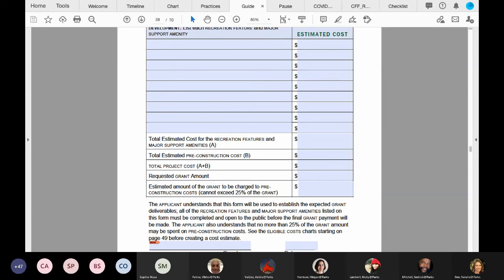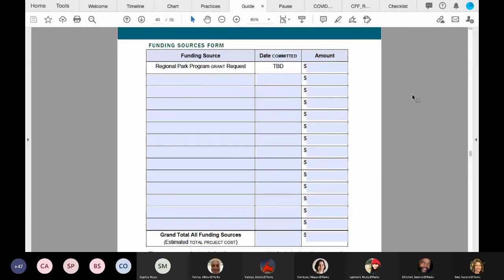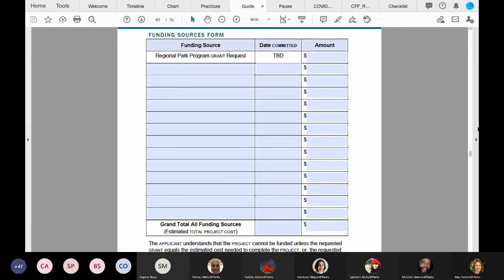If your total project cost is $10 million, we're looking at what recreation features and major support amenities will be either constructed or renovated as part of your project on this form to add up to the total project cost. And within that, how much are you asking from this grant request? And then Sam, if you could turn forward 2 more pages, go to the funding sources form, which I believe for you would be page 40. For everyone else, that is page 38. The funding sources form,